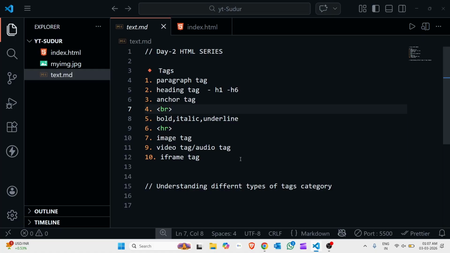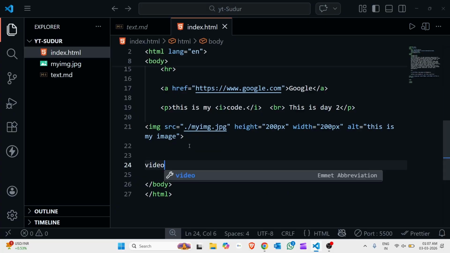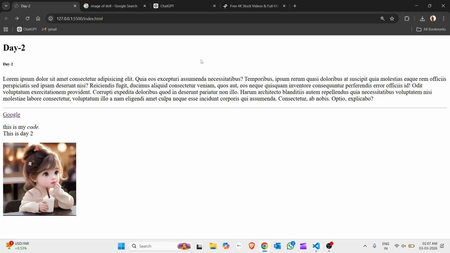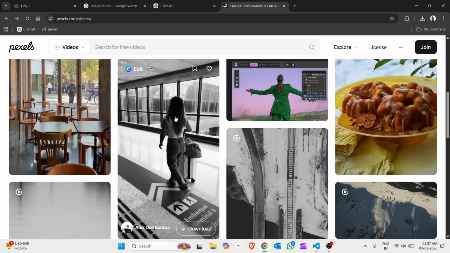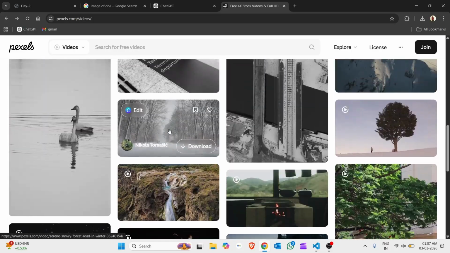Suppose you want to use a video in your website, how can we do that? First of all, you have to write the video tag. In the src you have to write the URL of your video. Either you can download the video, or you can give the proper path directly, that is also possible. Suppose you want to use a video through a website, you have to go to any website link, and from there you have to